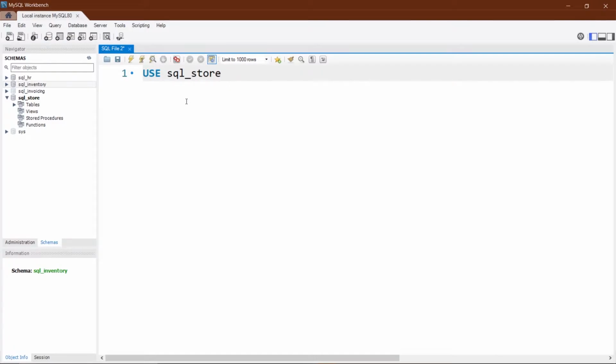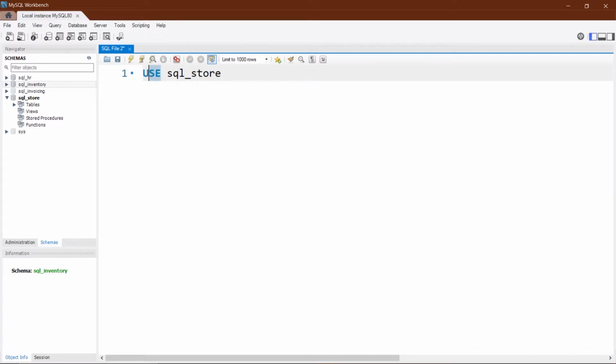One more thing you need to keep in mind is that here I have written USE in capital letters. It is not necessary to use only capital letters for SQL. SQL is not a case sensitive language. So you can use small letters, or capital and small, anything you can use. But the recommended practice is that you write SQL keywords in capital letters and other things in small letters, so you can understand better and the readability of your code also increases.